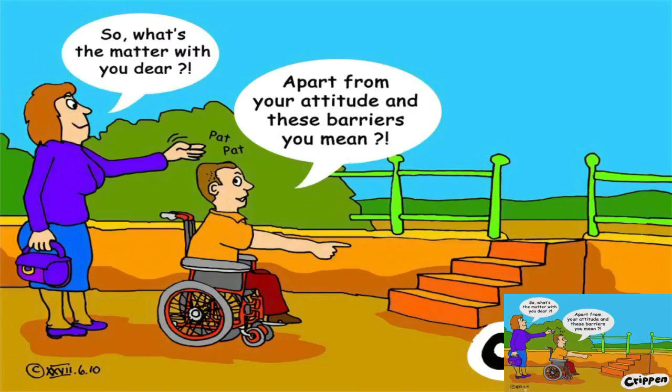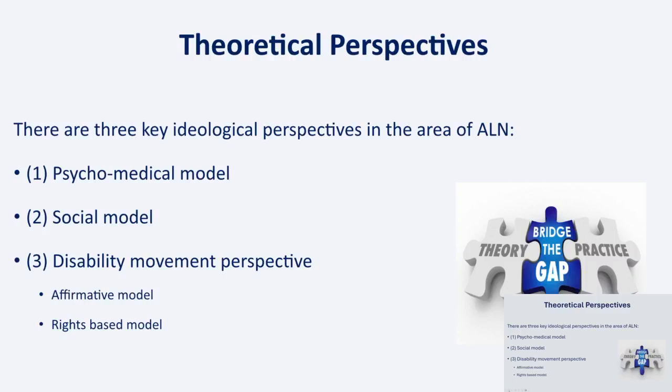And again, we've seen this one, as I said before. I do like this image. We've got this quite well-meaning lady in the bright purple top and handbag and shoe combo there going, so what's the matter with you, dear? And then the person going, well, there's nothing really the matter with me. The only problem is your attitude. So you've been a little bit condescending. And also the problem is that there are steps rather than a ramp. But actually there is nothing wrong with me.